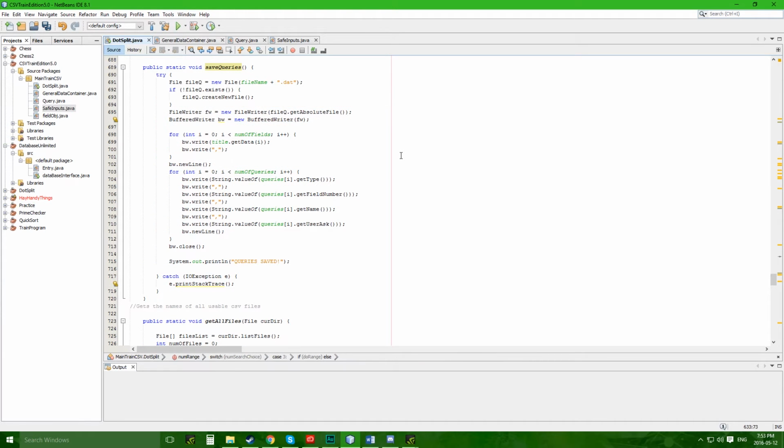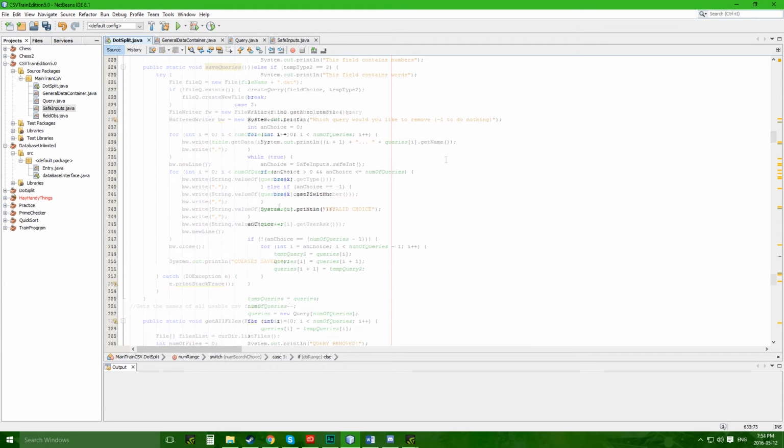As seen here, this method writes all of the data regarding titles and queries to a file with the same name as the original file inputted, but with a .dat extension. So it can be read in the next time the same CSV file is loaded, so the queries and title changes will be persistent and linked to that file even if the program is closed, then run again. The load query method is almost functionally identical to reading in the main file, so I won't cover it to